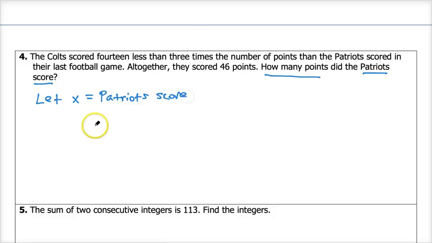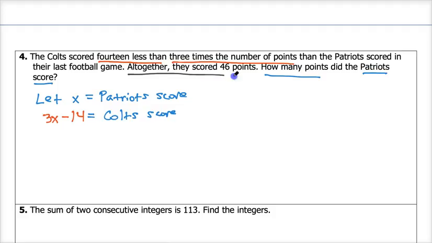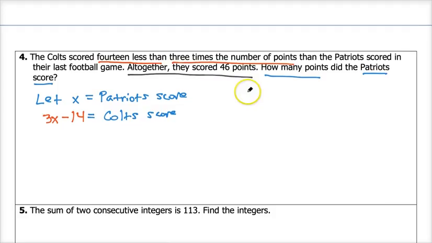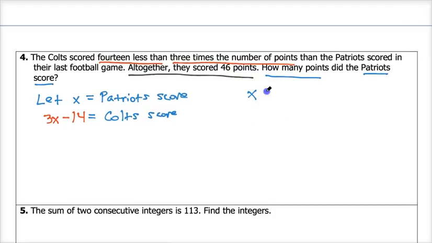But I don't know how many points the Colts scored, and so I'm also going to have a let statement for that. In comparison to the Patriots, it said that the Colts scored 14 less than, so that's subtracting 14 from 3 times their number of points. So this is 3x minus 14 is the number of points the Colts scored. So our equation, since we know that all together they scored 46 points, is going to be this: x plus 3x minus 14